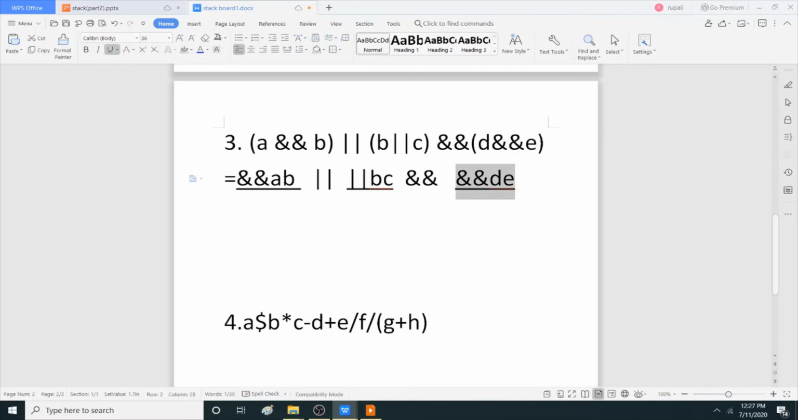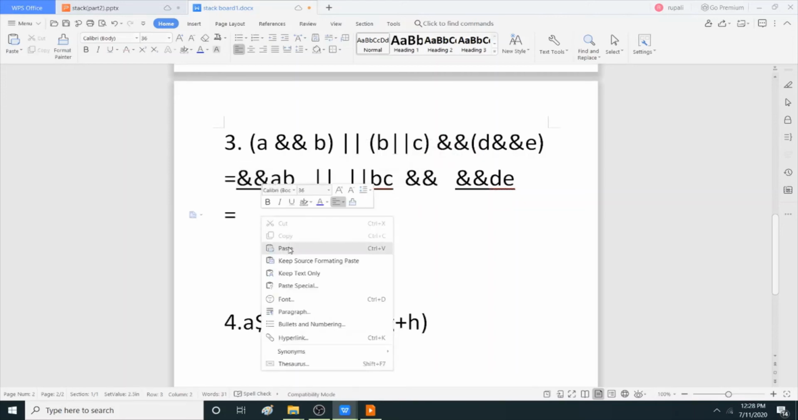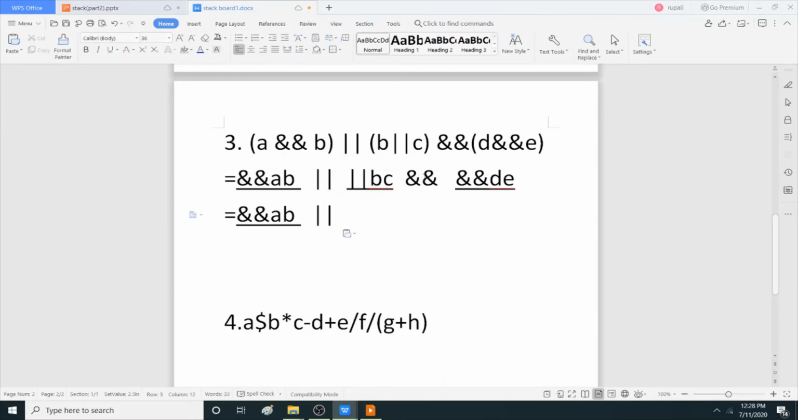Now imagine this is one operand, this is another operand, and this is another operand. In between these three there are two operators, or and and. And has greater priority than or, so we have to work on this and. So just copy this one. Okay, now this and comes first, so